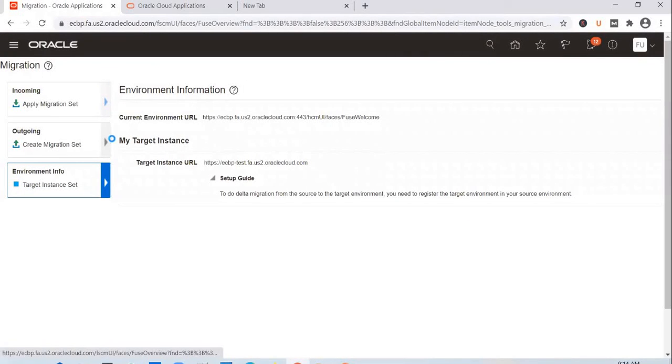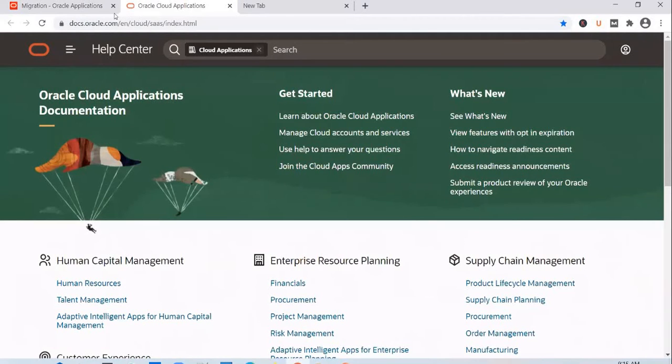All you need to do is pick up that file, go into the SIT or UAT instance, and go into the incoming tab. You have to click on the incoming tab in the target instance, and you will have an option to upload it. It's still navigating. I'll go back to the home page and come back to this page again. Let me open the application again in a different browser.